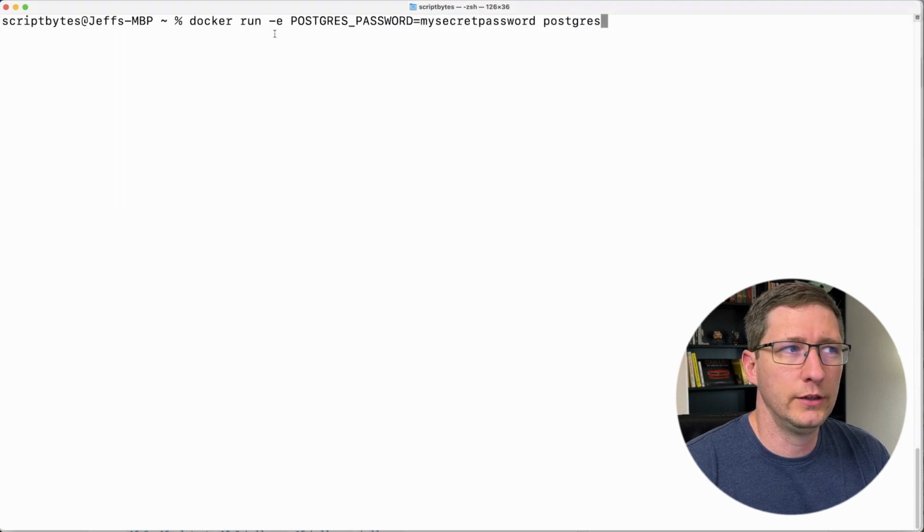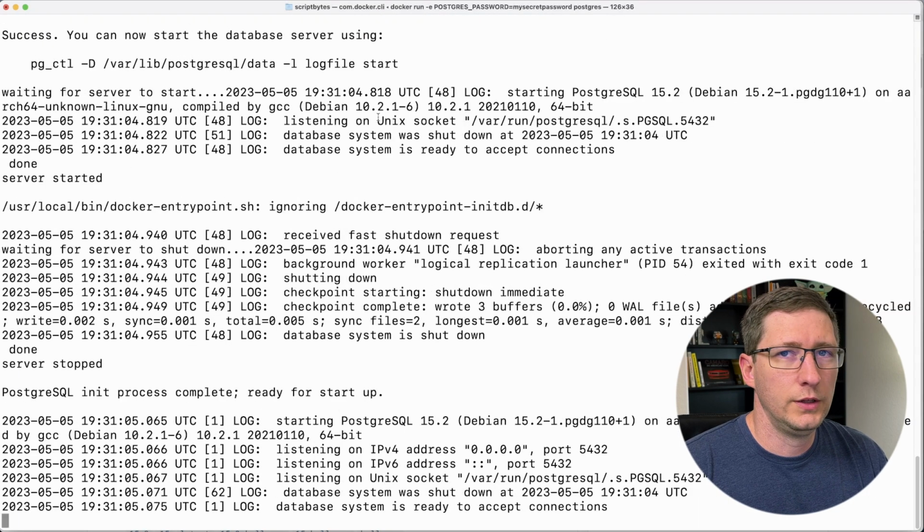I'm going to go ahead and add in that environment variable. So -e means it's an environment variable. The name of it is POSTGRES_PASSWORD, and the value is my secret password. So I'll go ahead and run that, and then it outputs all of the information from the container as it